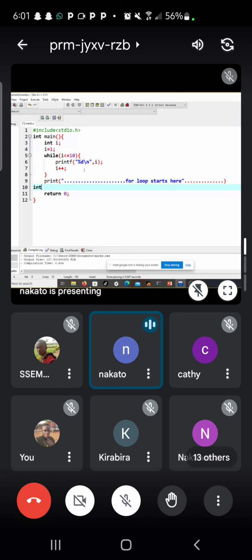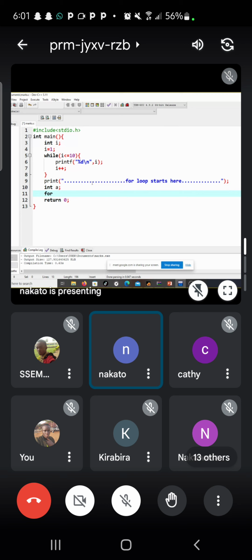Let me make another variable, int a. So for a for loop, we shall have for, int a